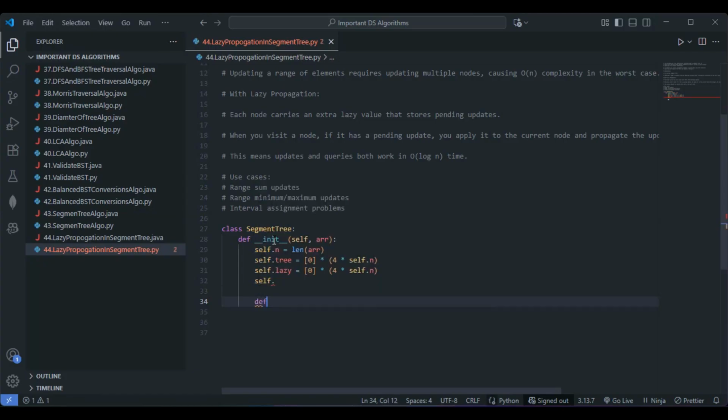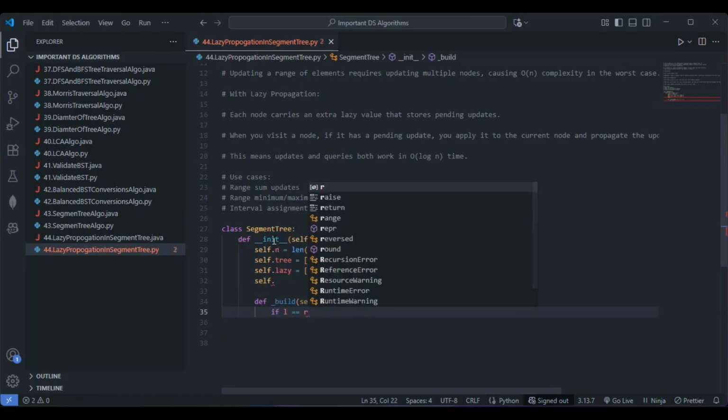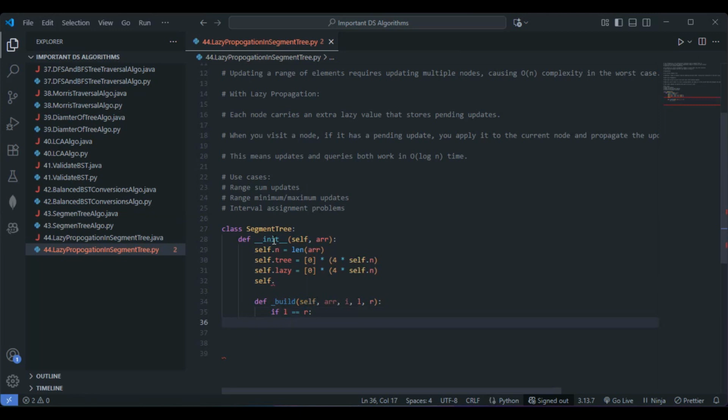I'll go with def, with the name build. So self, array, I, along with left and right. Within the build function, if left equals right, then what we need to do,